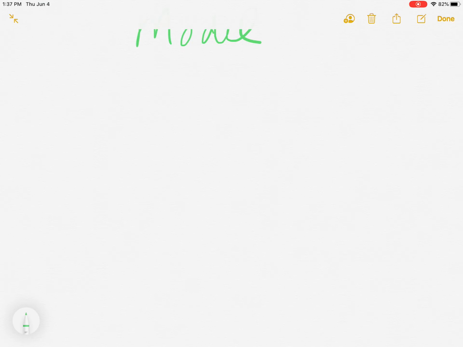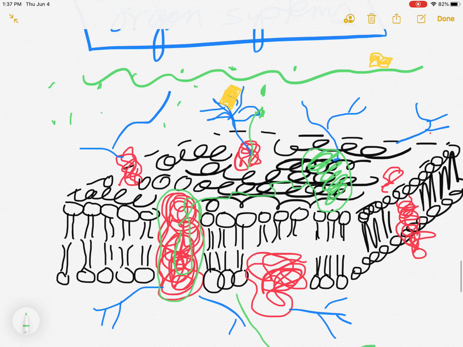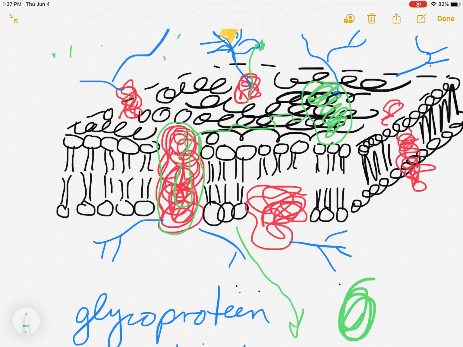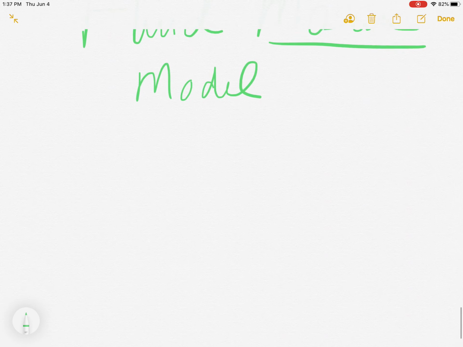So we reviewed cells. We see cell specialization. We see cells turning into tissues, tissues turning into organs and organ systems. And of course, we have now seen a little bit about the cell membrane itself and how complex that is. So we'll stop there. In our next video, we'll look at some of these molecules that are moving around in and out of the cell and how they are critically